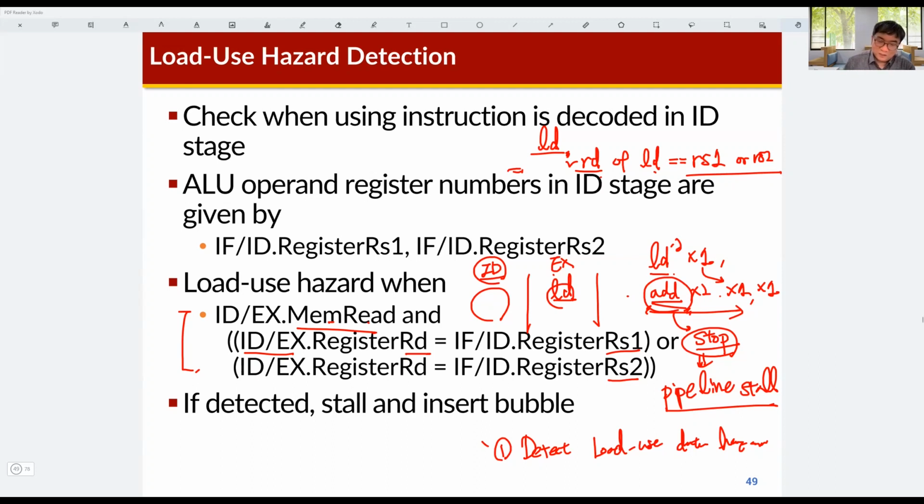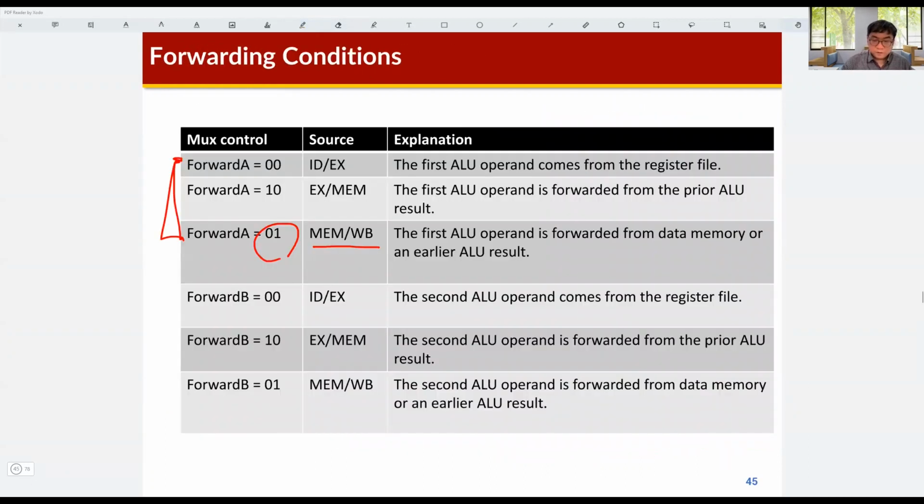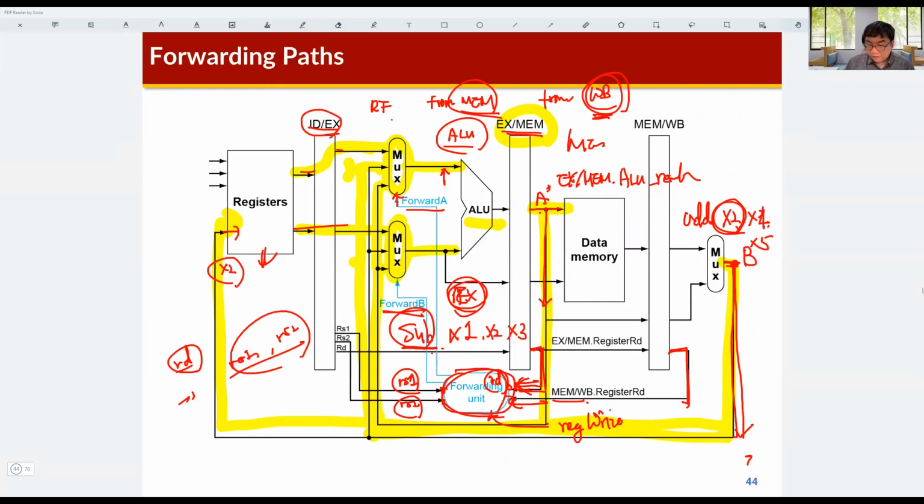In this case, if the very next instruction requires the result from this load instruction, then the following instruction cannot receive data from the EX memory pipeline register. In the previous example, the data can be forwarded from here to the input of the ALU, but